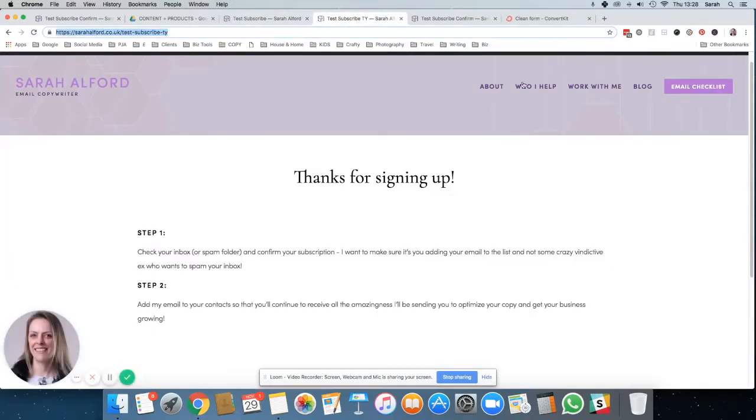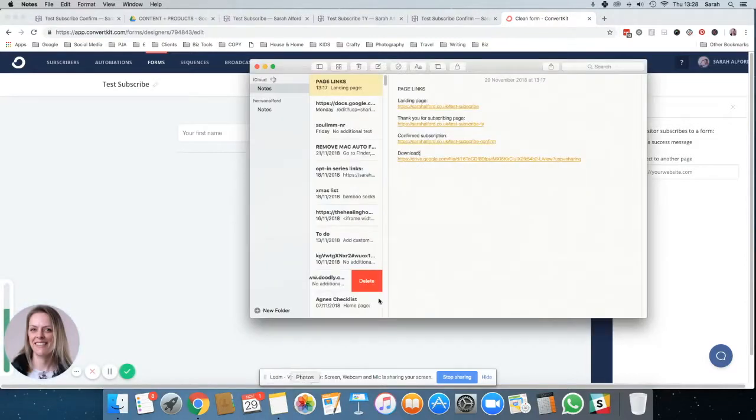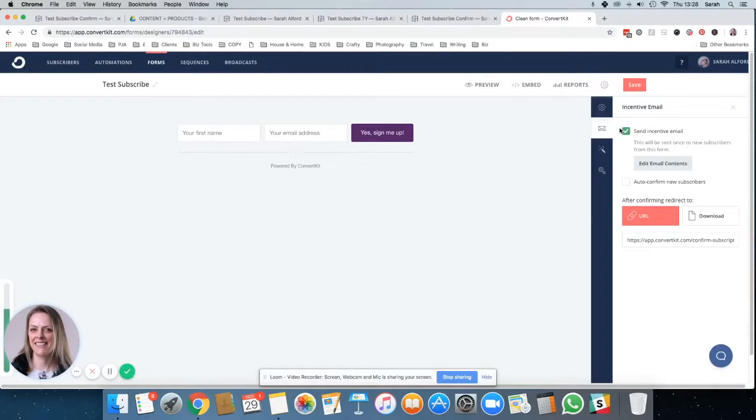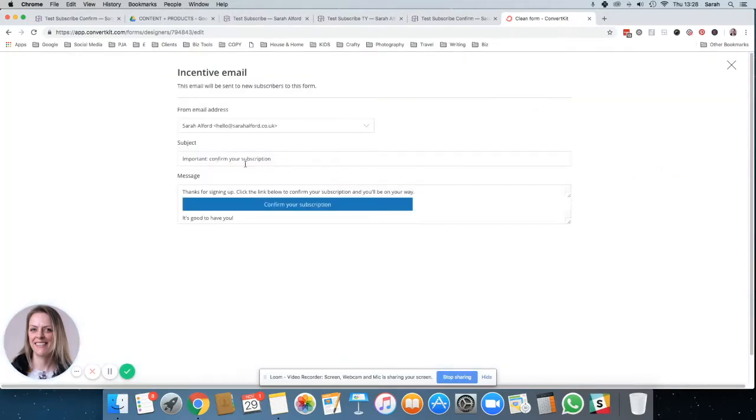"Thanks for signing up." Okay, so I've already put it there. Thank you for subscribing page. So that's my link. Copy that in and straight in there. Okay, and let's go to the email. So where's that? This is what actually sends the double opt-in email. Okay, so we tick that, and then we can edit the email saying